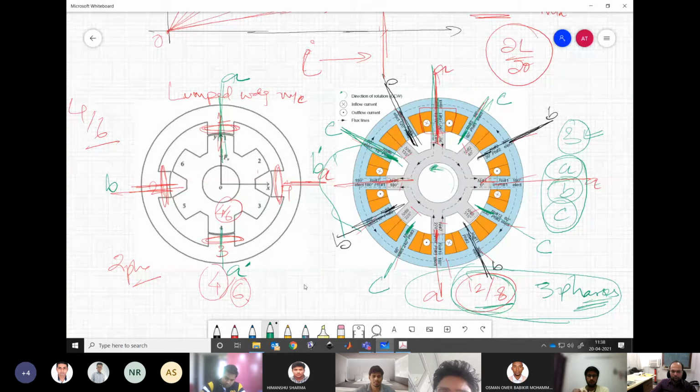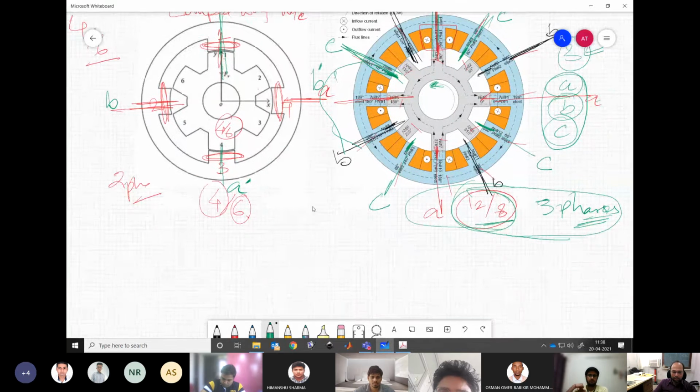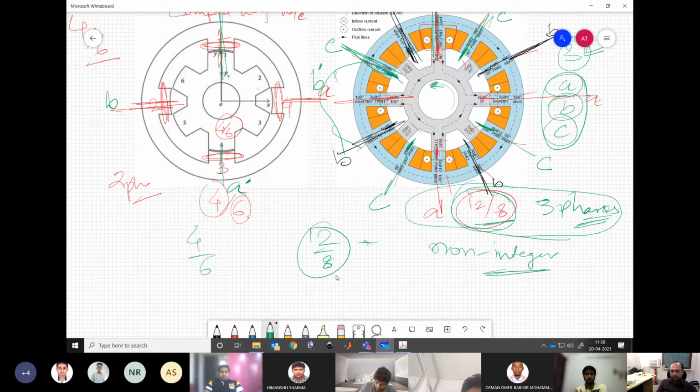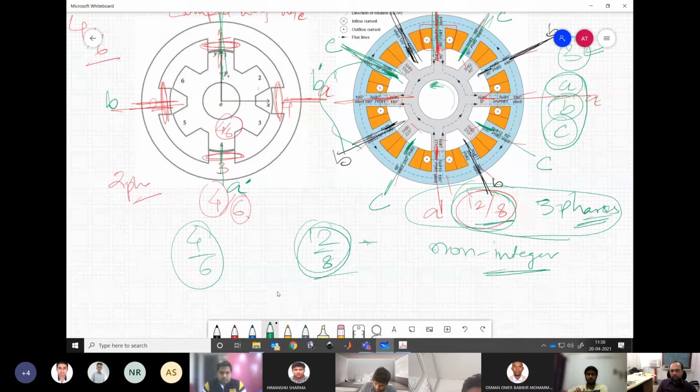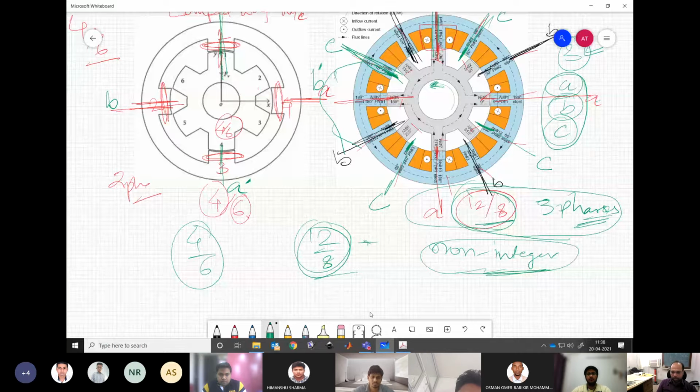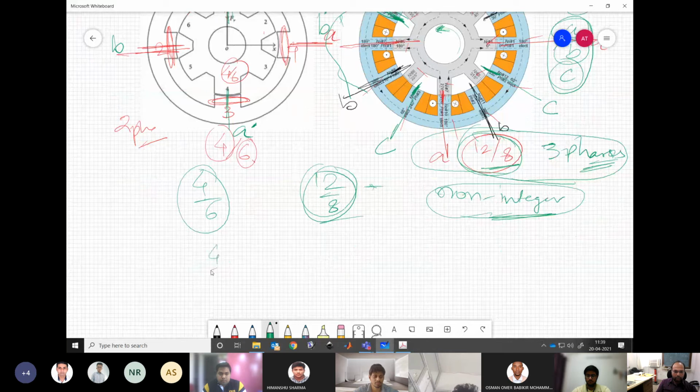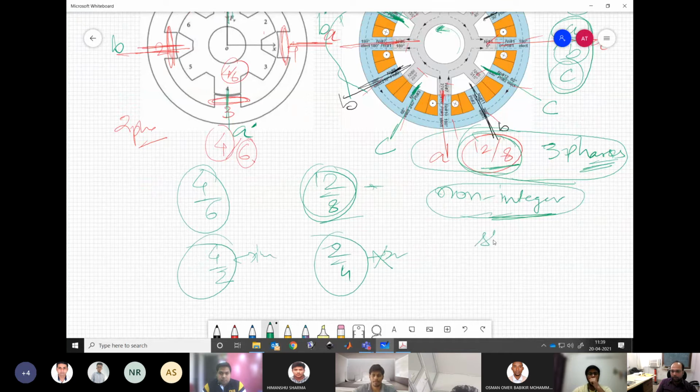Now, these pole configurations which you are seeing, 4 by 6 or 12 by 8, are all non-integer combinations. Non-integer combination means if you divide the stator by rotor number of poles or rotor by stator number of poles, that will become a non-integer. Both the options. If I have another SRM which is 4 by 2, then it is integer, and if it is 2 by 4, it is non-integer. Any combination, stator by rotor